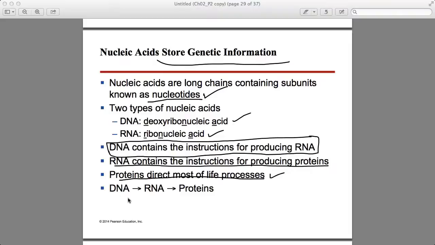So this is important to understand how proteins come about, right? The DNA specifies the RNA, and the RNA specifies the proteins. A nice analogy to this is a cookbook, right? You have your favorite cookbook, that's all your recipes. I'll try to draw a book here. Okay, your nice cookbook that you love, your favorite recipes are on here, and you want to make